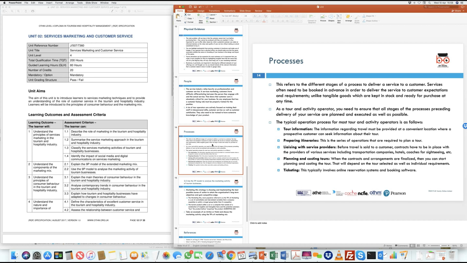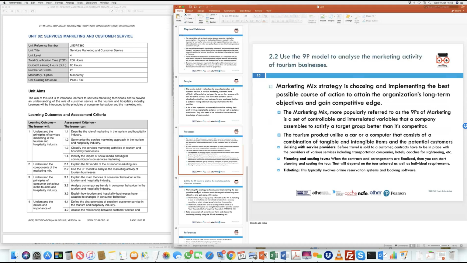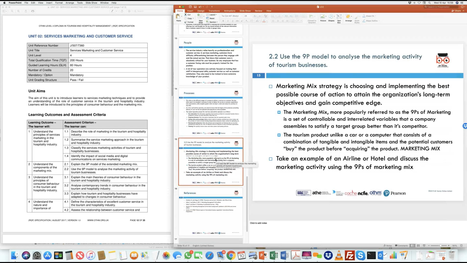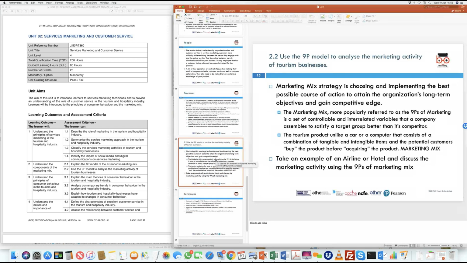And when you availed of it, you see the tour operator doing everything in terms of the process, from ticketing up until you land in that location to experience and obviously stay, and then go on that particular activity, which is the safari. Is that okay? Now, in the second part, I've not put anything on the slide for us to look at, but I hope I've given enough examples to look at how you will use the 9 Ps in particular to